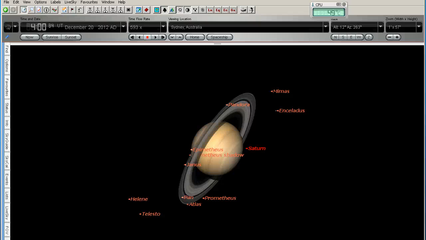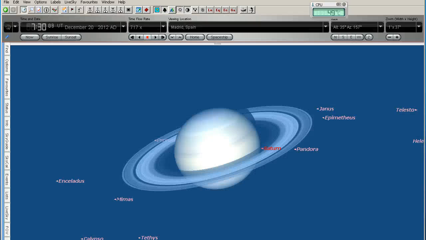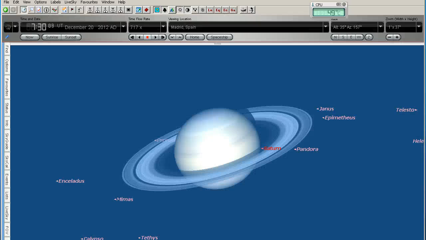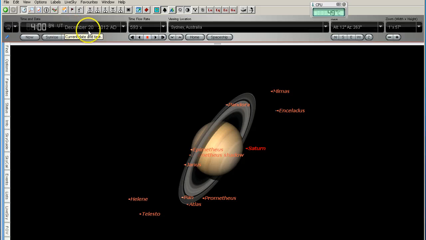So back to, this is Sydney, Australia, this is Madrid, Spain. You can see that we're looking at the same planet but just a few hours apart: 7:30 UTC on December 20 and 4 o'clock UTC on December 20 from Sydney, Australia. So again, I hope that this has cleared it up. The other thing that has been raised is the position of Jupiter's moons, and yes, we're looking at Saturn in this case, but